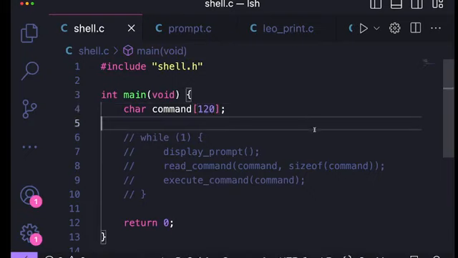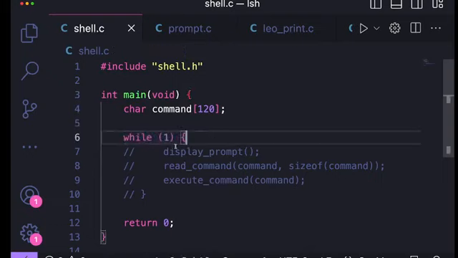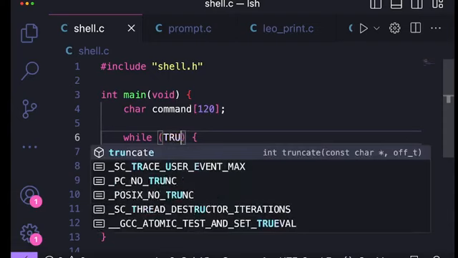Then this is where the while loop comes in, the while loop I was talking to you about. The reason why the prompt is always there and never goes away is because it's an infinite loop. Now I'm going to say that while something is true, one is always one. So it's always going to be true. I don't have to necessarily say while one. I can say that while true,